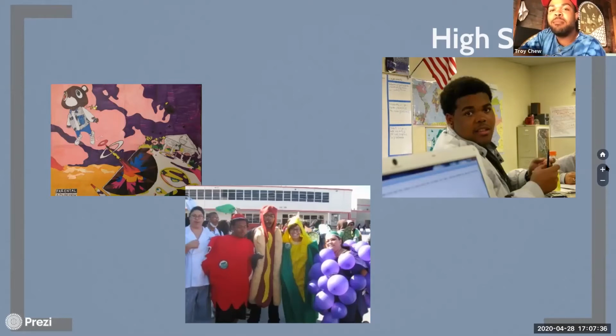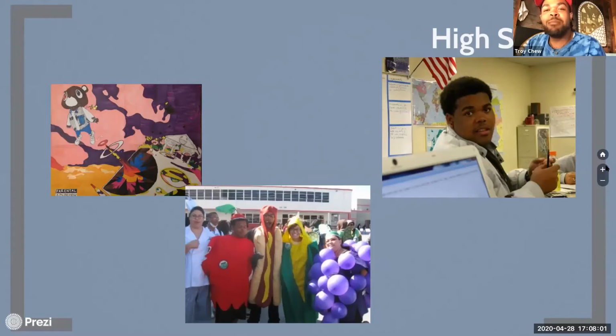like this picture of the Kanye West album cover. It was a geometry enlargement project, and we had to make something 3 times the size that it was. So I did a Kanye West album. And then the photo below is